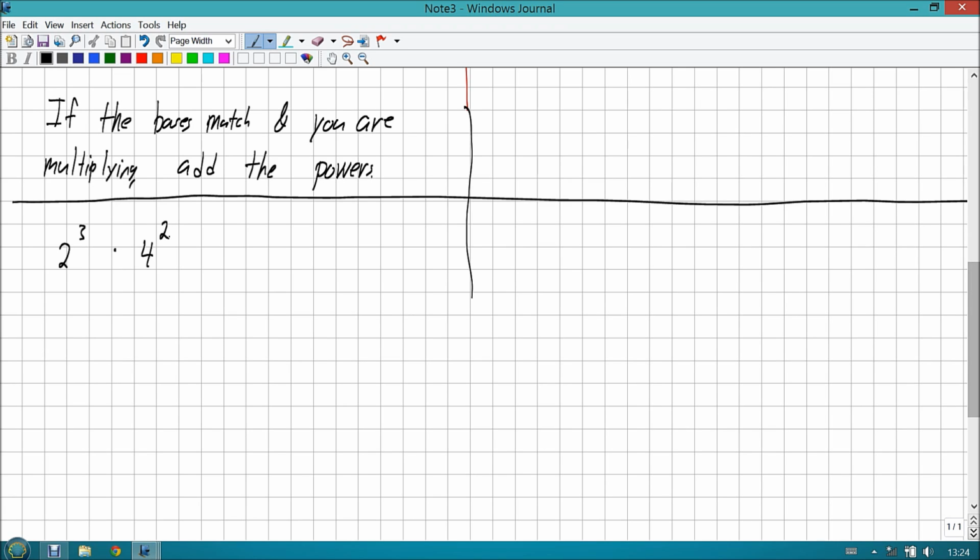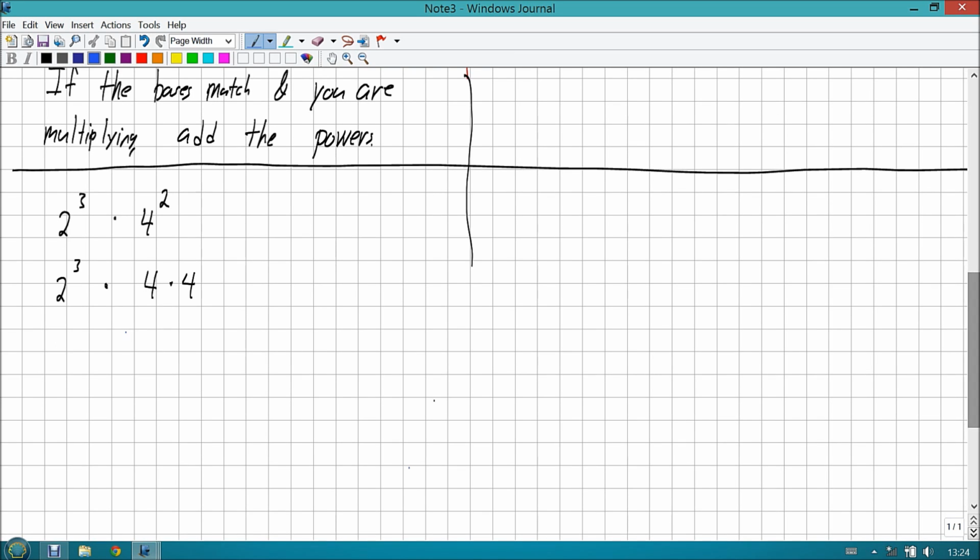However, I can manipulate the 4 to look like the 2. So I'm going to do that. I'm going to take this 2 to the third, and I'm going to multiply it by, let's see, this is going to be 4 times 4, right? Well, 4 is really 2 times 2 in disguise. So this is really 2 times 2 times 2 times 2, with, of course, the 2 to the third hanging out over here,